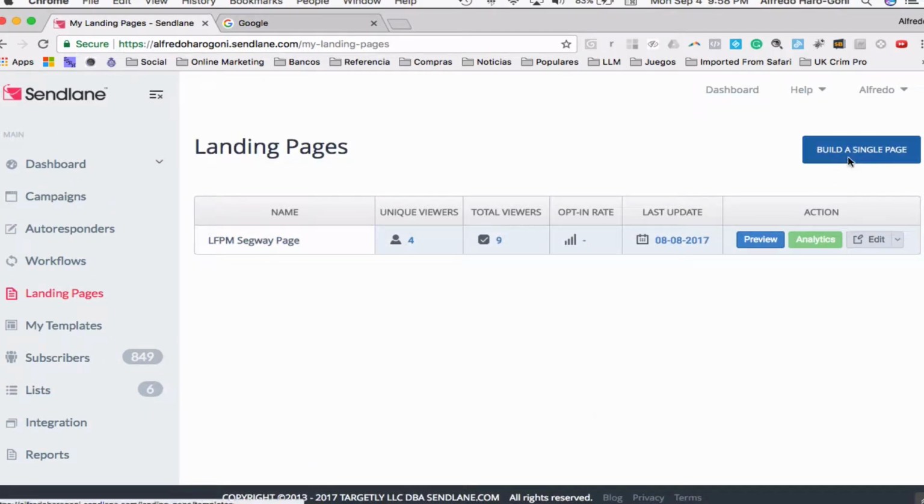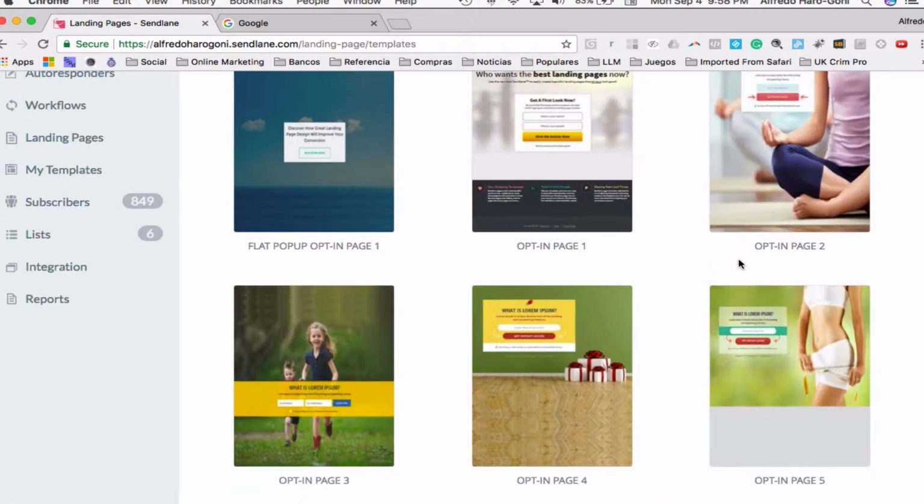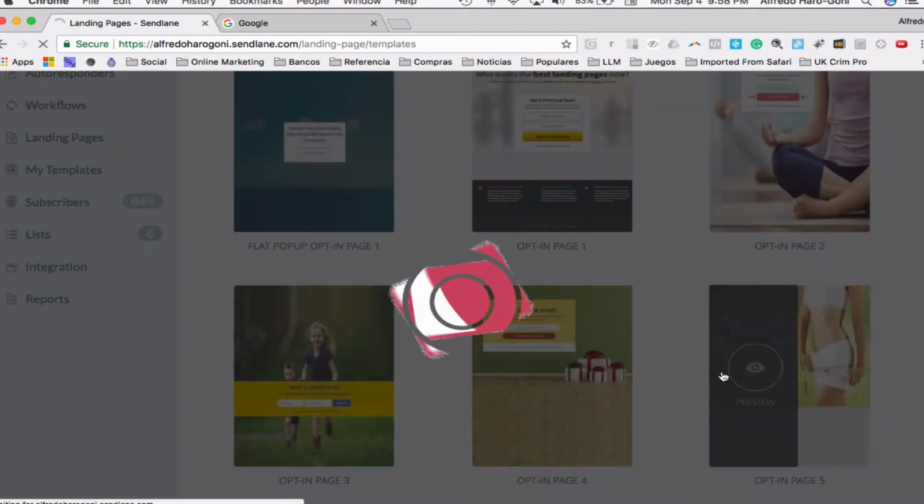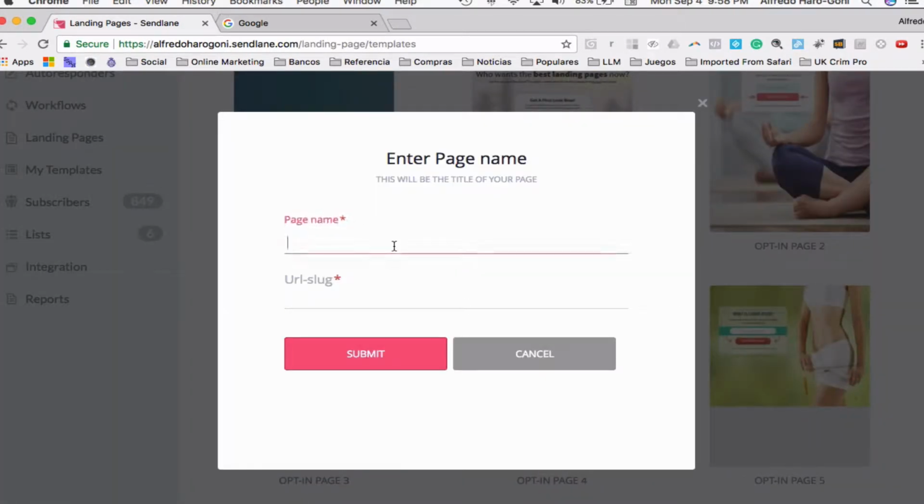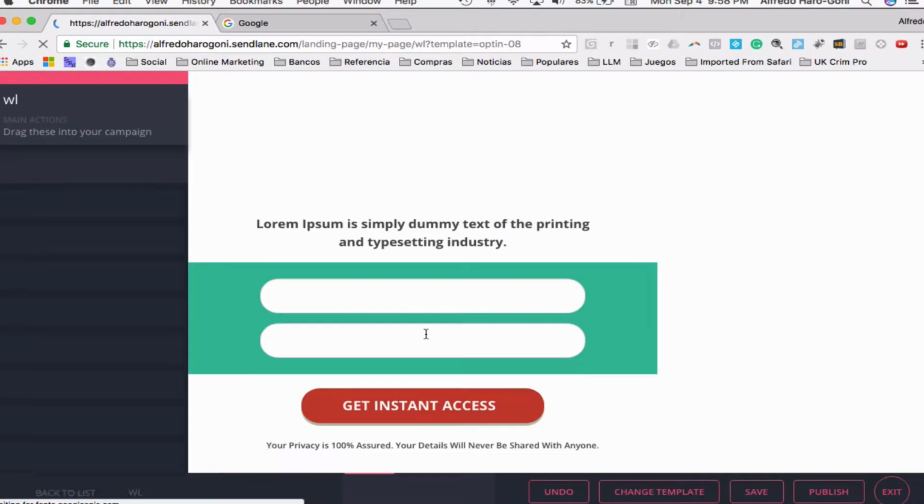So there it is. That's our list that we just created. Now after we have created a list, we go to landing pages. We click build a single page, and okay, so this looks good for our niche. So let's say weight loss. Okay, we submit,